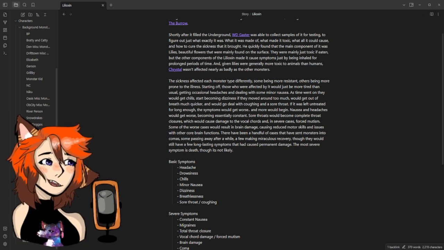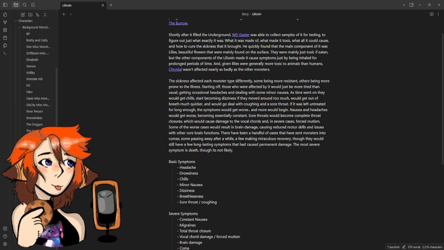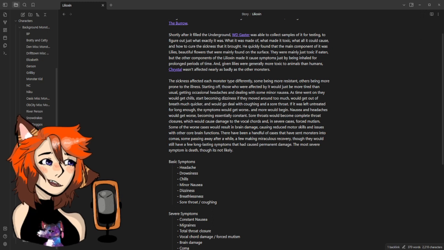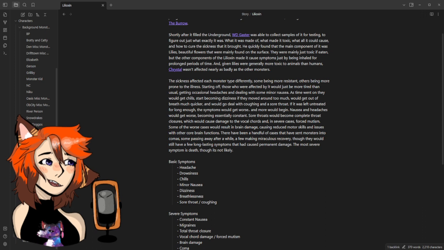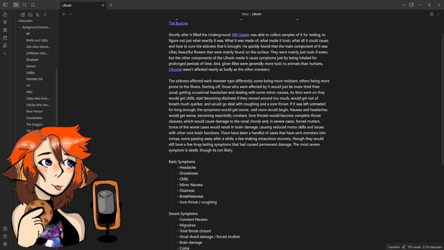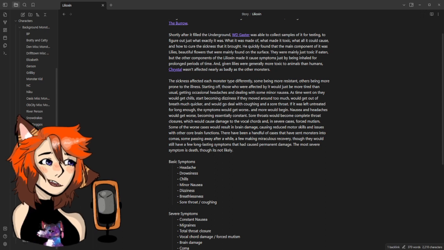Now, mostly that's normally all it is. It's similar to a cold, I guess. For most monsters, it's just similar to a cold, especially after the medicine was created using both Chris's healing magic and something that W.D. Gaster had come up with. It wasn't a very, very bad issue